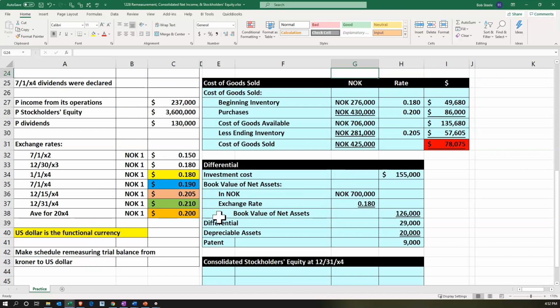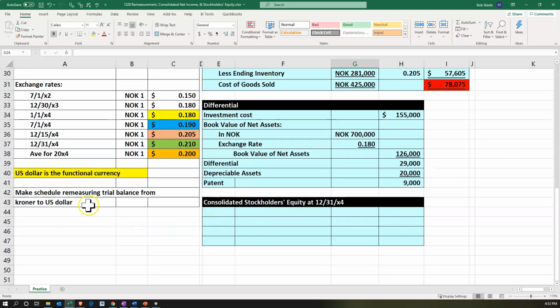Now you might ask, why is this different than it was with the translation? This is my justification for the reason that it's going to be different. It comes down to, of course, the fact that the functional currency here is the U.S. dollar. If the functional currency should have been the foreign currency, like if they're doing business within the foreign currency, you would think that you would have to calculate it back to the foreign currency